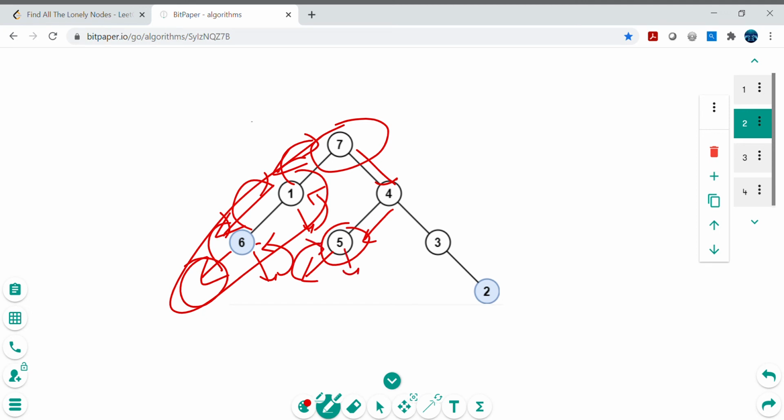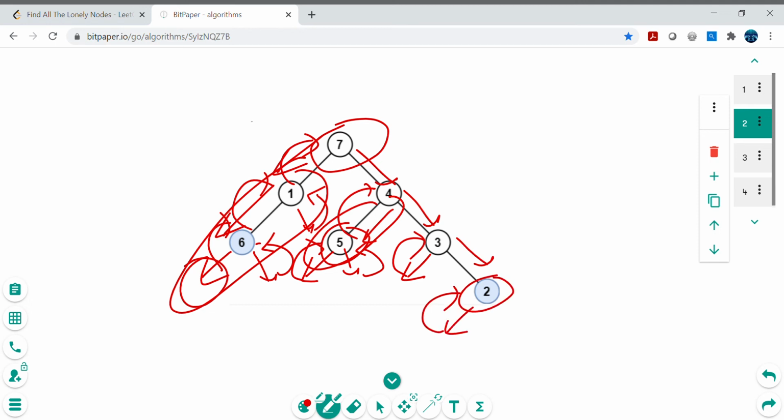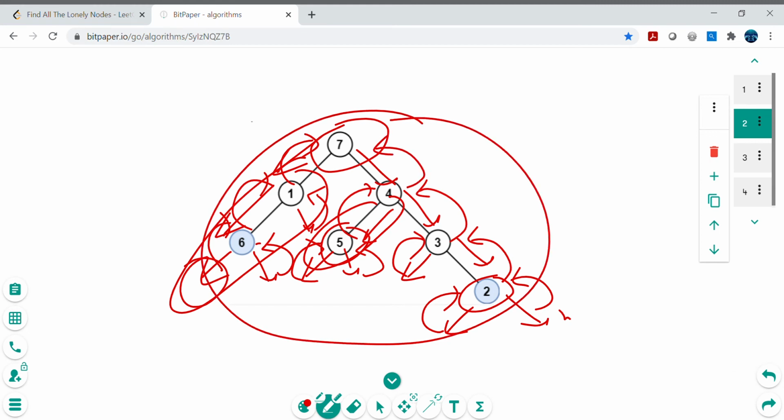to the 5, it will go to the right, it is null, it will hit the base condition, it will go to the 4, left is already been done, then it will go to the right, it will check the left is null, then it will go back to the 3, so it will go to the right, and then it will check, okay, what is left is null, come back to the 2, it will go to the right, it is null, it will hit the base condition, it will come back to the 2, and then it will go back to 3, go back to 4, go back to 7, and the whole tree has been traversed.